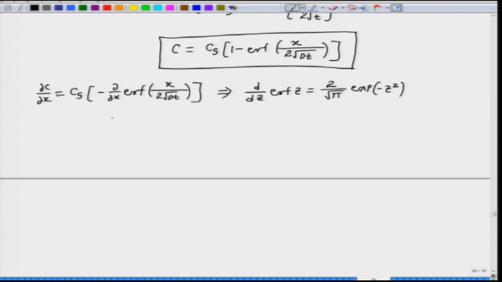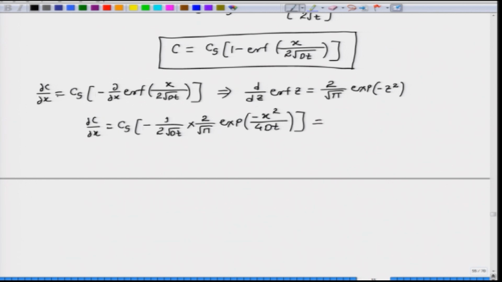So, in this case dou c by dou x equal to minus, so we have to also differentiate this, 1 over 2 root dt into 2 over root pi exponential minus x square over 4 dt,